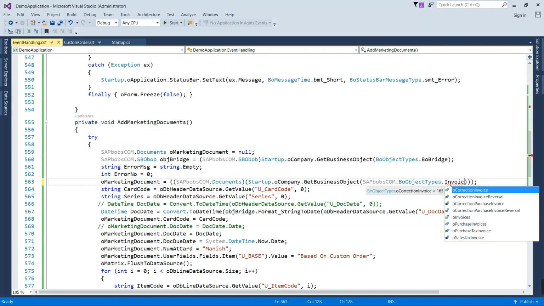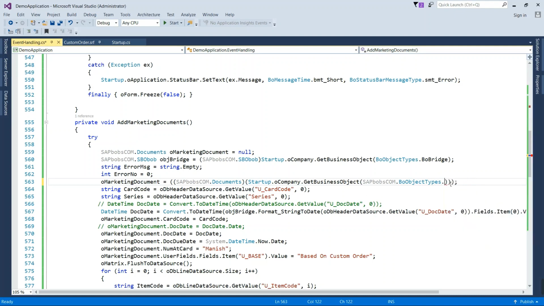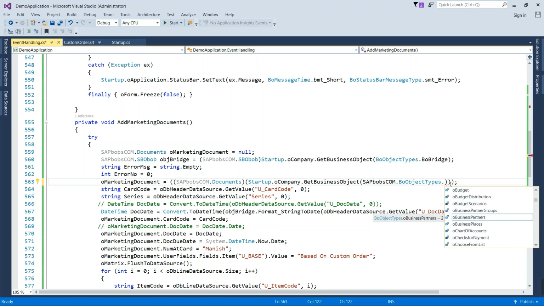You can see all these are marketing documents: quotation, purchase order, purchase invoice, purchase quotation, purchase returns, purchase request.